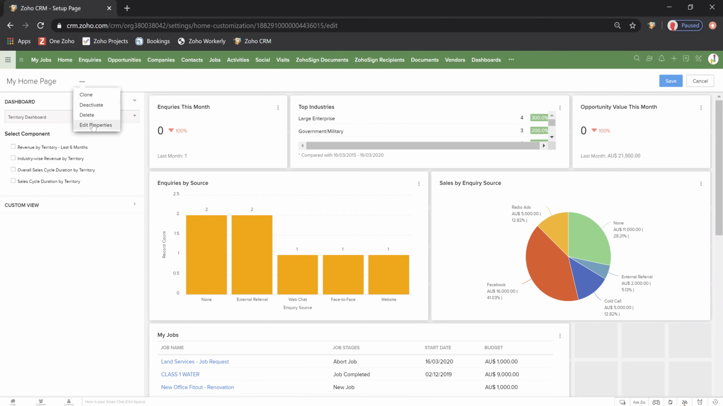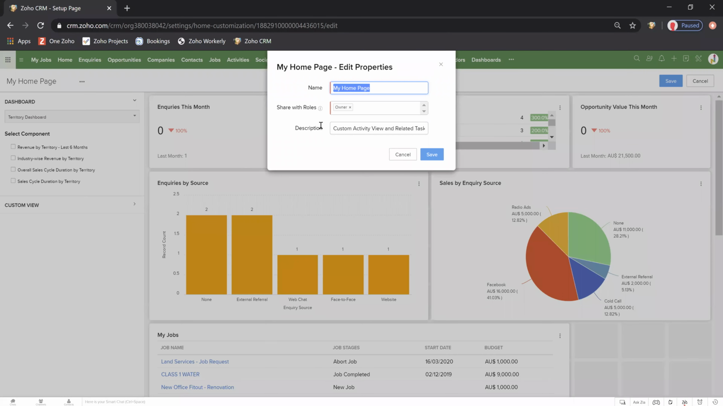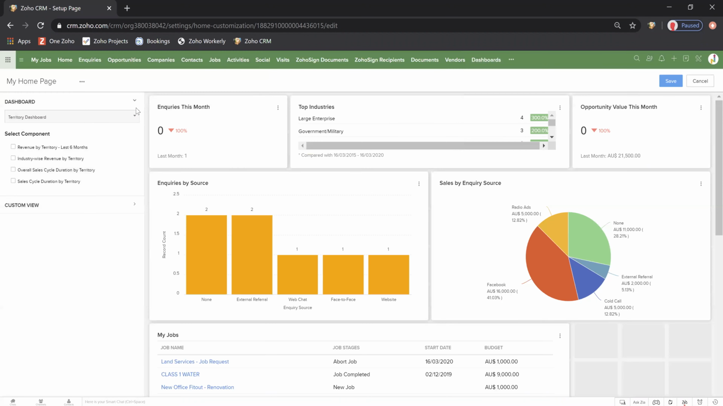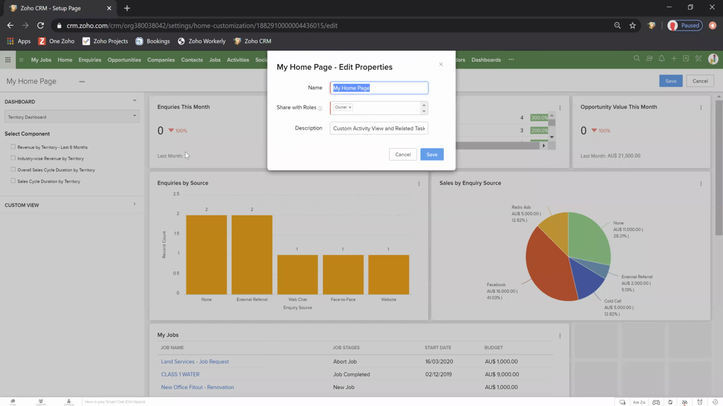And the last thing is obviously sharing it with people. So there's 2 ways to manage that, but realistically, the best way to do it is to just go into the customized homepage screen on here, and then select these 3 dots here, and then go down to properties. And then under here, it says share with roles, and then you can share it with all the roles inside